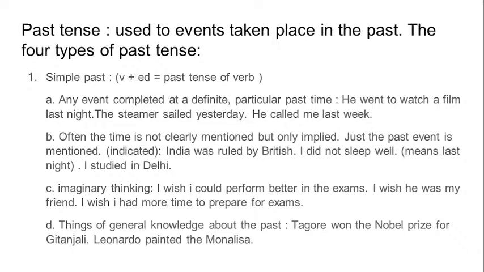Leonardo painted the Mona Lisa. So this is a well-known fact. We all know that, and this action of painting, this fact of Leonardo painting the Mona Lisa, obviously is in the past. It took place in the past, and now this is a fact of general knowledge about the past. So all this uses the simple past tense, right? And pay attention to the structure, as I have written in the brackets,